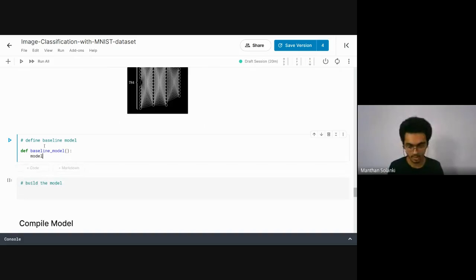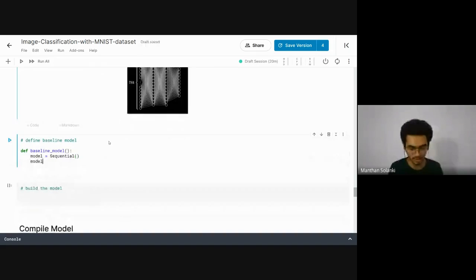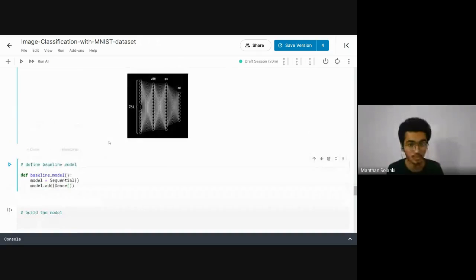So model is equal to sequential, as we imported, and this is the sequential model. Then we will add layer in model, model dot add dense. So dense. Now first hidden layer we have the 256.